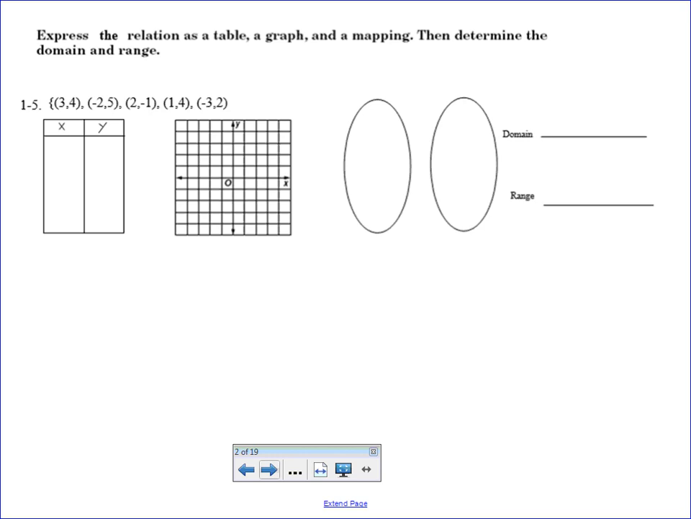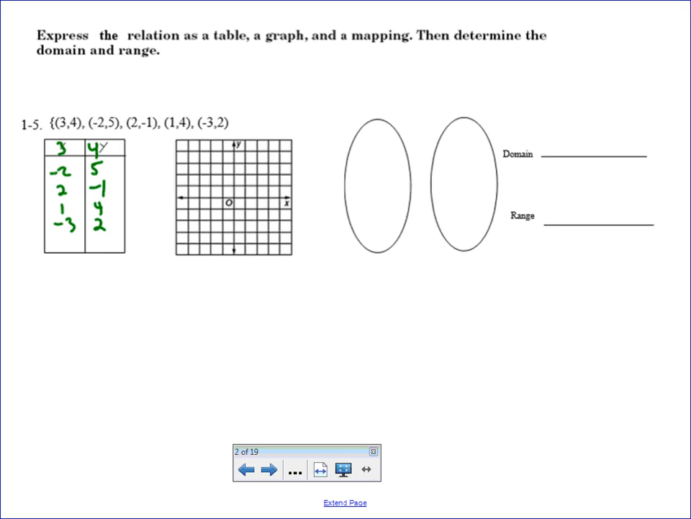So the first problem said express the relation as a table, a graph, and a mapping. Then determine the domain and the range. So the first thing we're going to do is we're just going to write down the points here. The problem is that that's the thing that everyone wants to do first. But that's not really correct, because when we put things into a table,